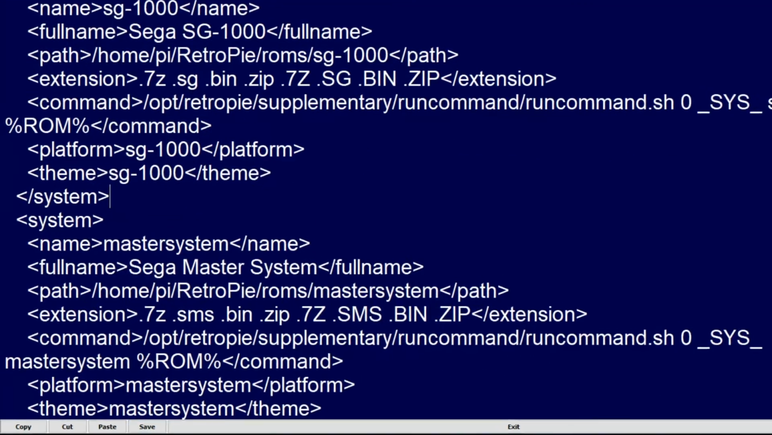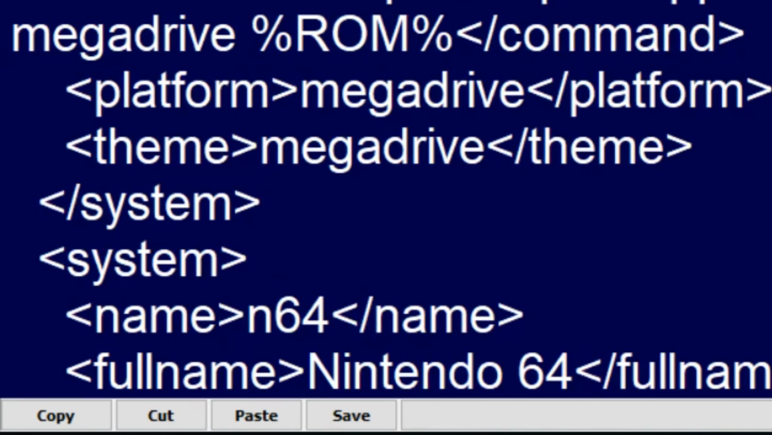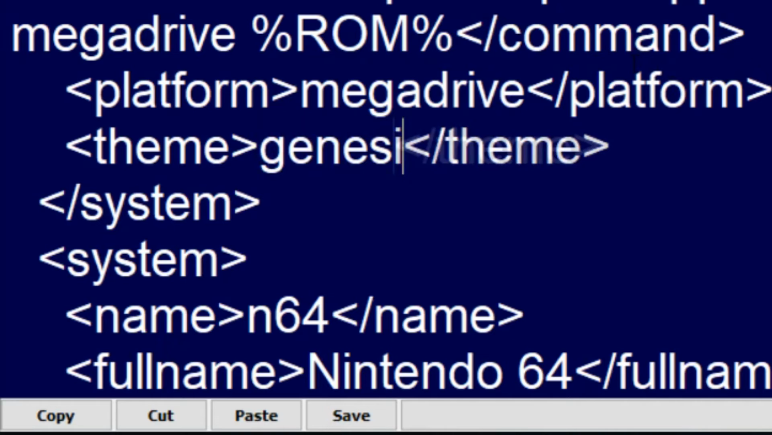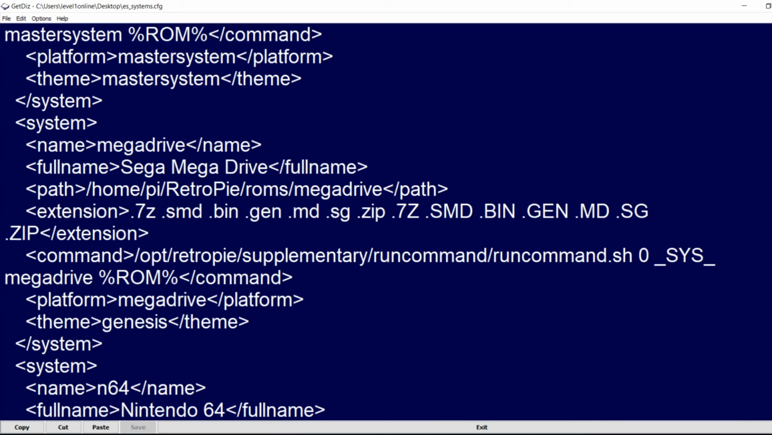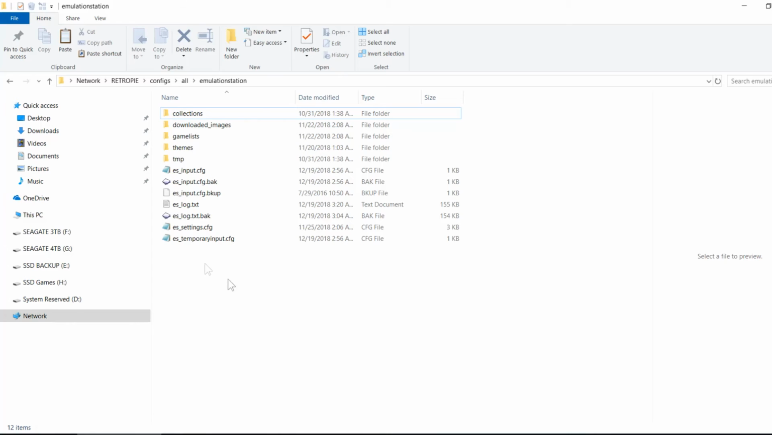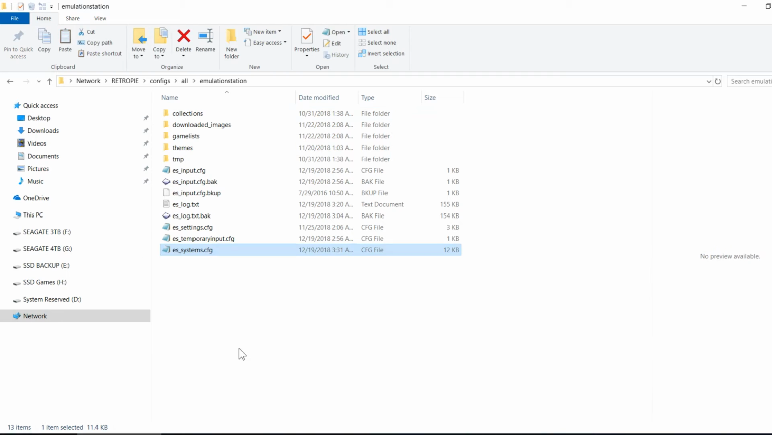Paste. What I also want to do, right here where it says Mega Drive, where it says theme, all I got to do is type in Genesis. And that's going to swap out the theme. So let's hit save, close this out, and then copy this to our RetroPie configs, all emulation station. Paste it right there,